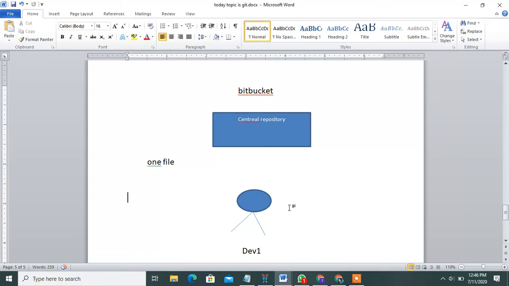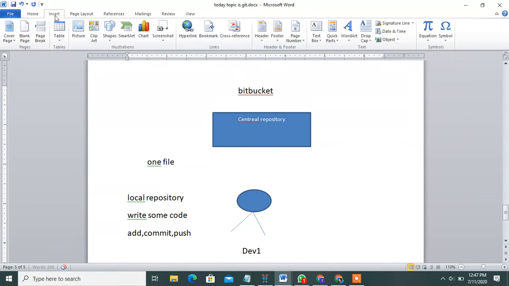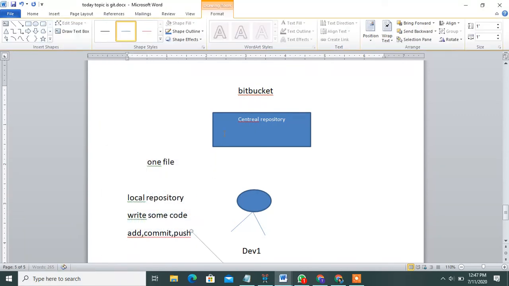Simply saying, a developer works on the local repository and writes some code, then adds, commits and pushes it to the central repository.